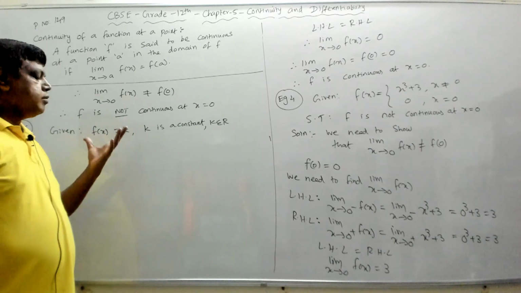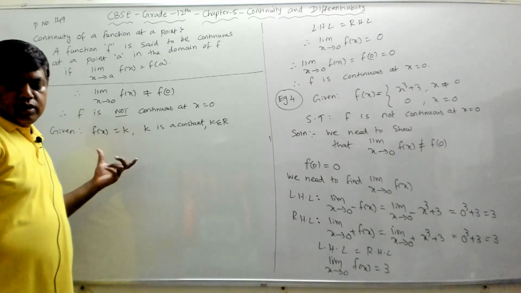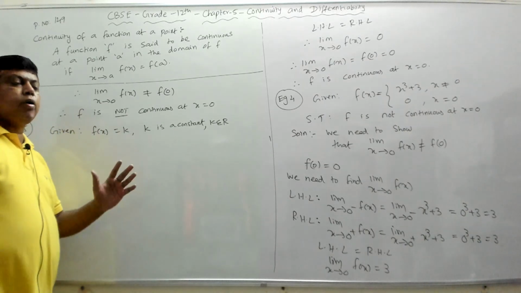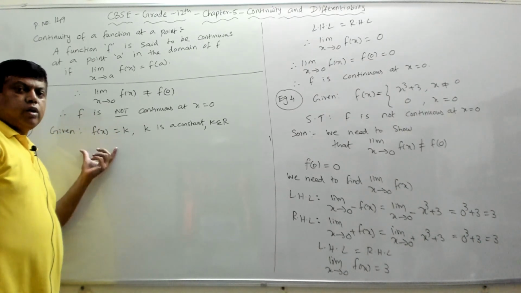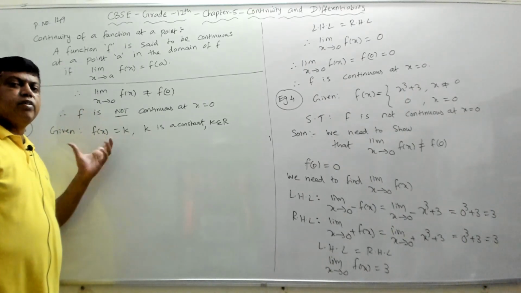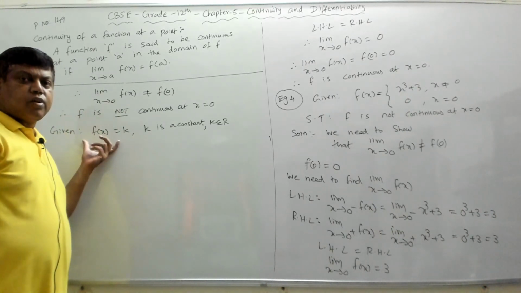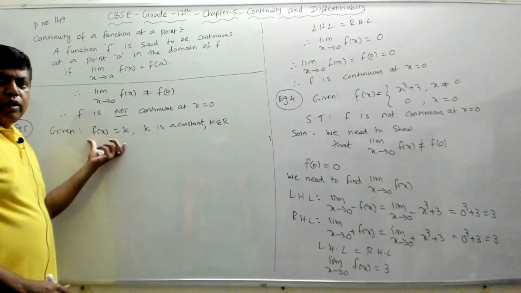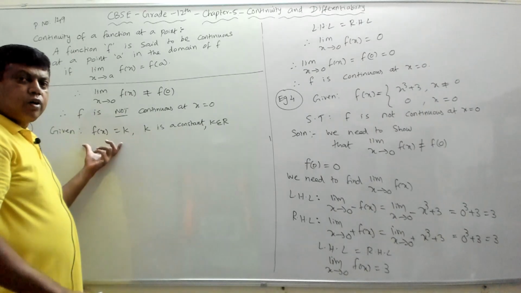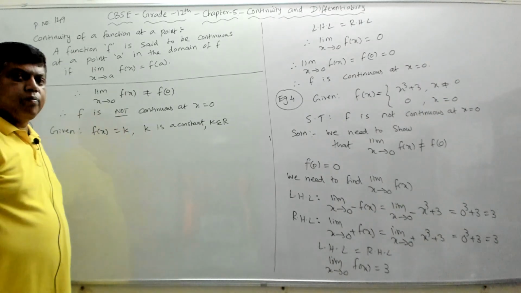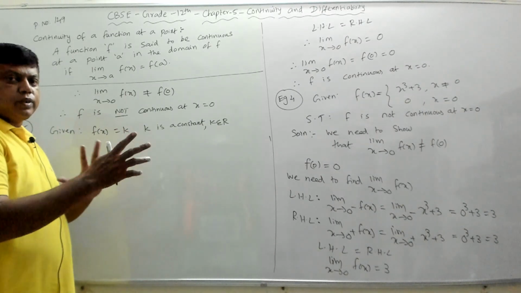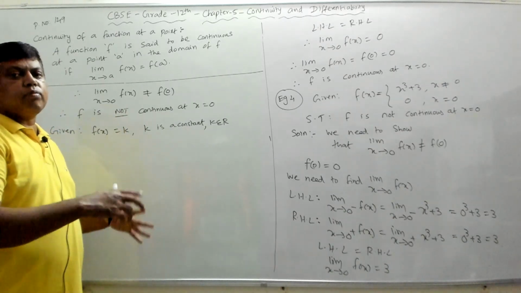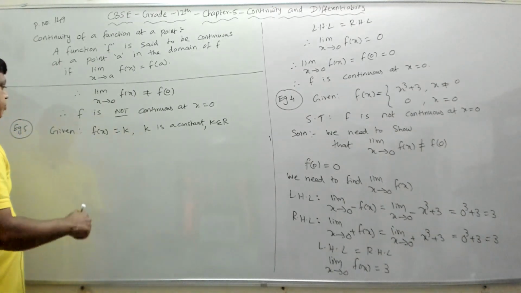K is any number. Now we have to check the points where this function is continuous. So what are all the points this function is continuous? What are all the points mean? All those points are from the domain of f. And domain of f is the set of all real numbers for this. Now, that's understood. If they have not given f is from which set to which set, then it is understood that it is from real numbers to real numbers. If not, they'll give from which set to which set. Mostly it will be from a subset of R to a subset of R, or it will be from R to R.